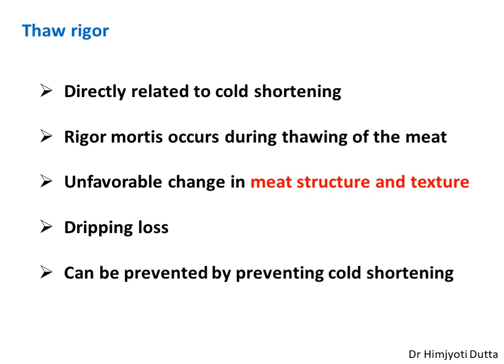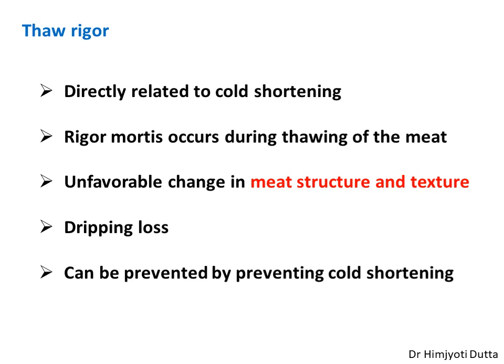shortening. As discussed in the last slides, cold shortened meat are those which have been chilled before rigor mortis had started. Now, when the meat is brought to room temperature again, rigor mortis tends to occur. The rigor mortis which was not allowed to occur initially, and the carcass was stored in chill environment, after bringing it out to the normal temperature, rigor mortis starts to occur, causing further changes in